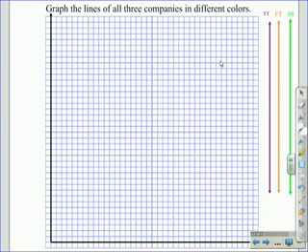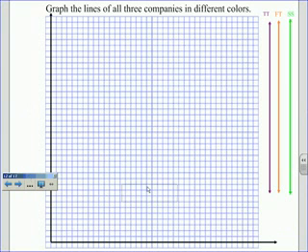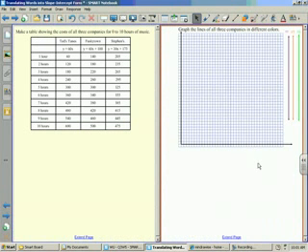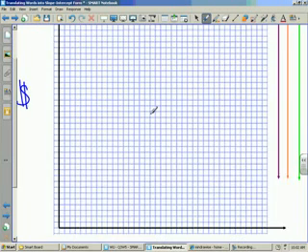I'm going to close that out for just a second. And actually, I would like to have, there we go, so I can see what we're doing. The x-axis we said represents what? The number of hours. So down here we've got the number of hours. And the y-axis represents the money, the total cost. Okay, so for the hours,